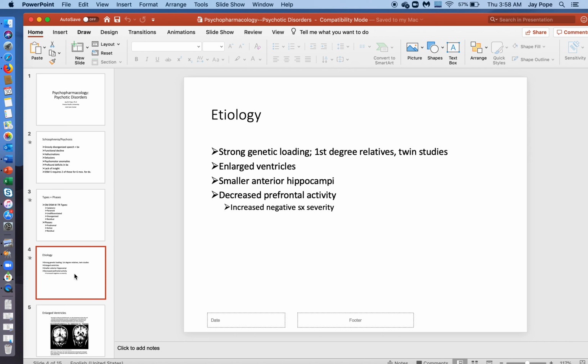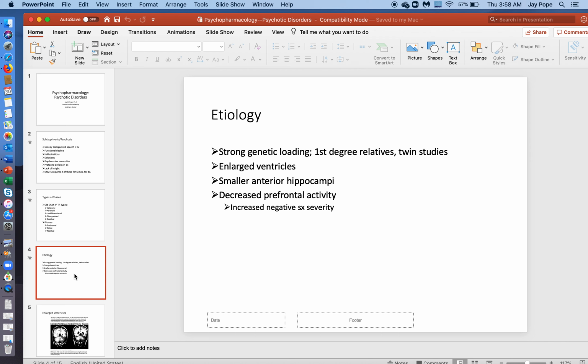People with schizophrenia have smaller anterior hippocampi, which, if you know about the hippocampus, means that schizophrenia is going to affect memory, and it does. People with schizophrenia are notoriously prone to having memory problems. Not the kind of memory problems you see in Alzheimer's disease, usually memory problems associated with making mistakes and perseverating.